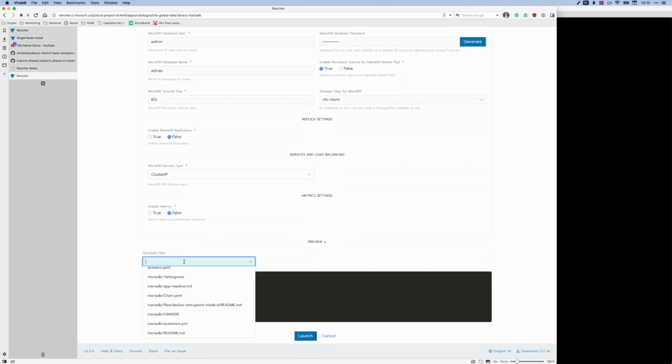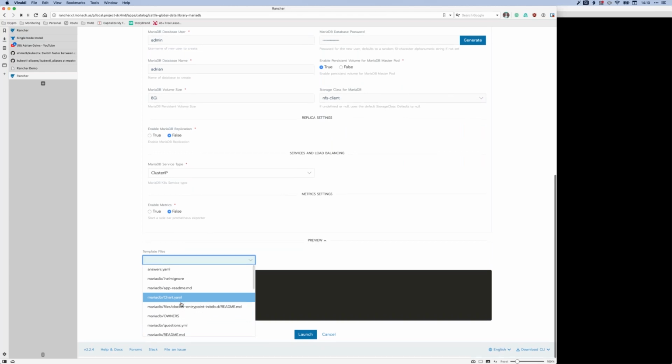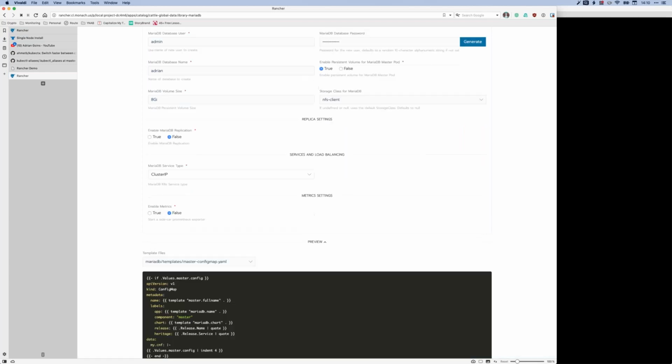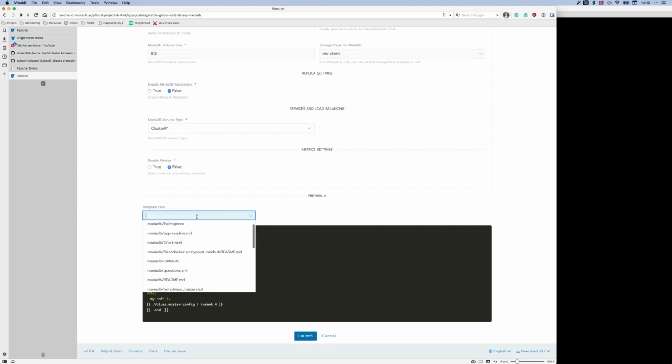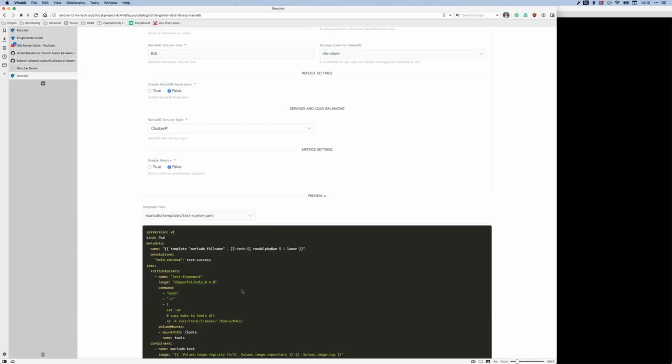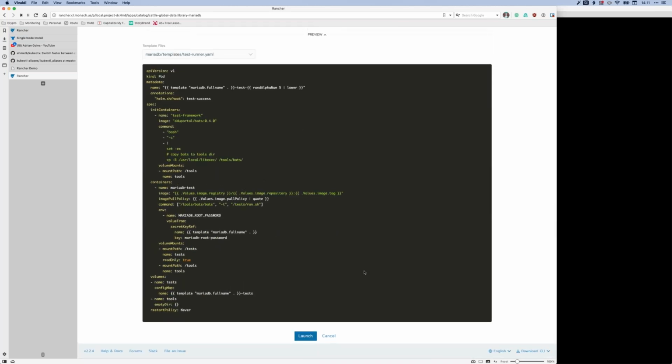This will create all this YAML for you, and it will swap in all of the values that you've entered up above, and it will launch and create a multi-node MariaDB cluster. So literally you can have, I'm not going to click launch because I don't need this in my house today, but literally you can have a 3-node MariaDB cluster up and running in a few minutes,